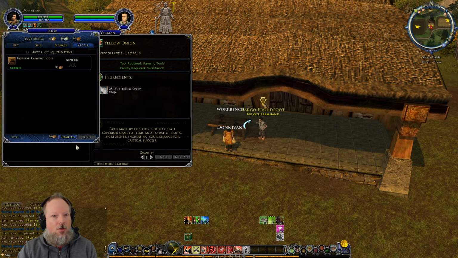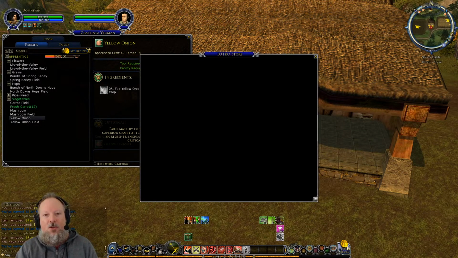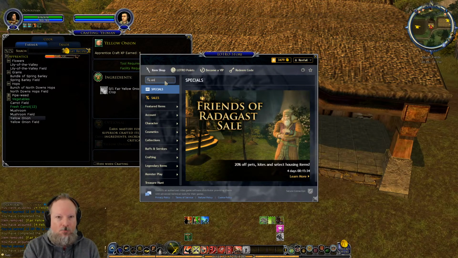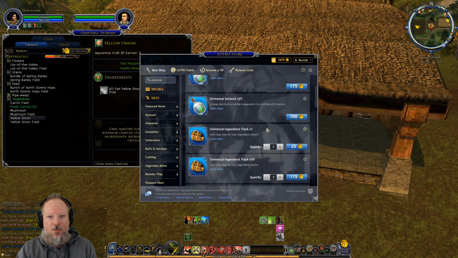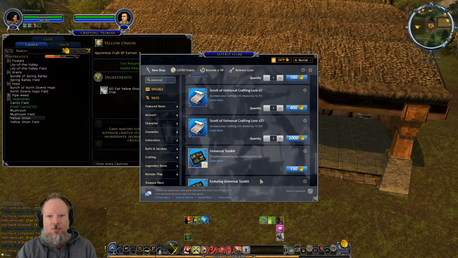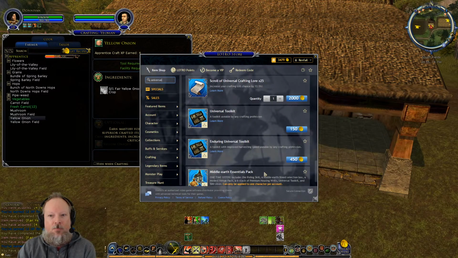A lovely day, isn't it? Actually, let's check the Lotro store, because I can't remember if you buy the universal toolkits or if they're dropped in the game world. I think I actually might have to get one off the auction hall. Universal solvents, ingredient packs, moral potions. No, there's one right there. It's 150 coin. I have tons of coin. A toolkit with improved harvesting speed. So what's the difference between the...